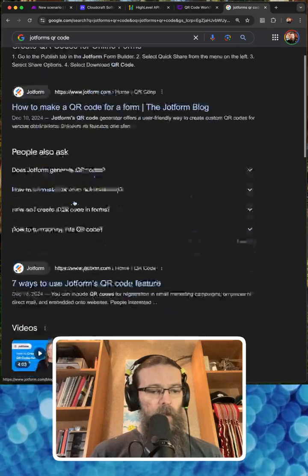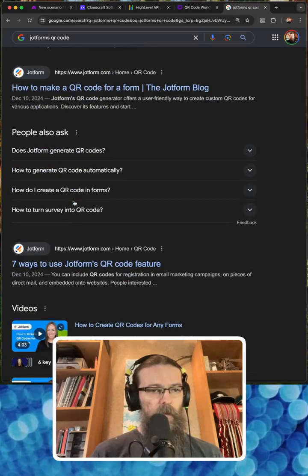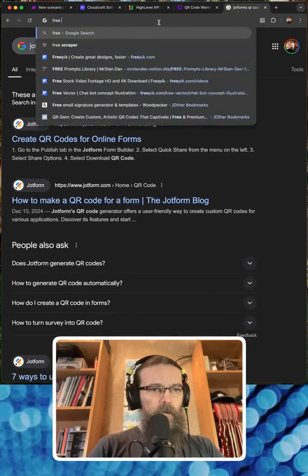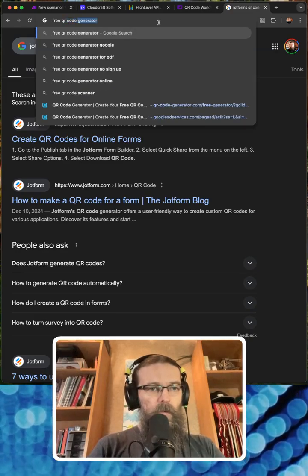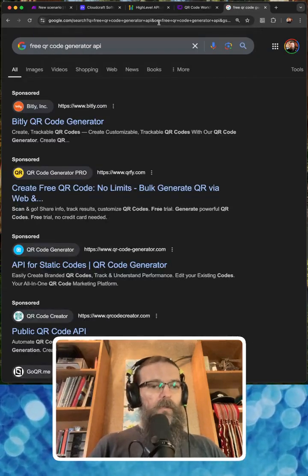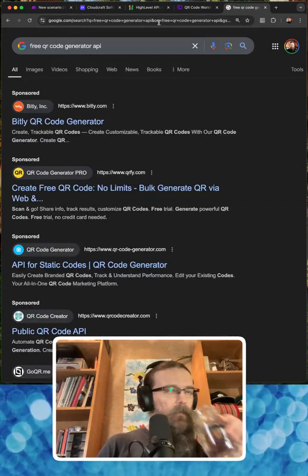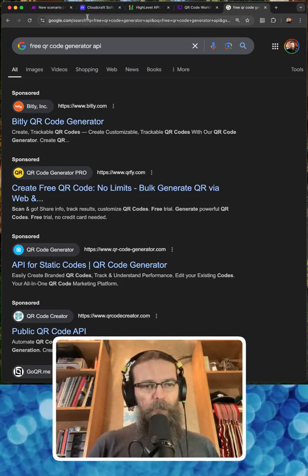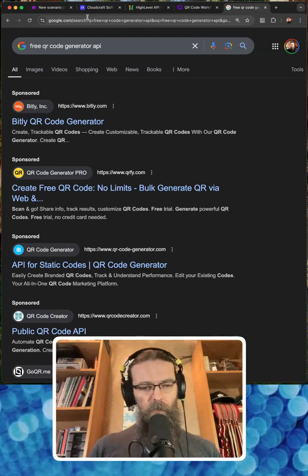And then they want the QR code for a form specifically. I wonder if we can just go free QR code generator API. It's got to have an API. That's the requirement here. We need to be able to do this dynamically. I don't want it tied to, so I'm not using Jotforms. I'm using the